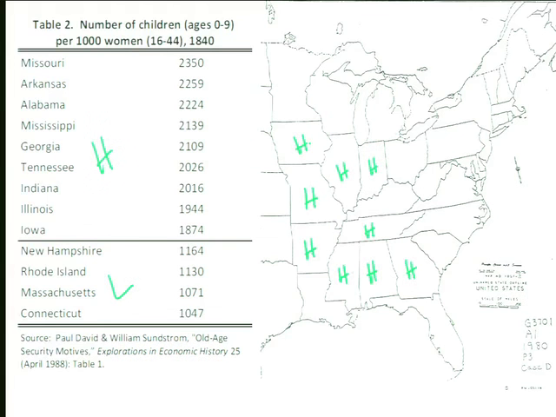So the high fertility states are in the South and also the Midwest states. Some of the states that had been part of the Northwest Territory and states that were settled subsequently. The low fertility states, and this is just a subset of their whole table, the low fertility states here are New Hampshire and Rhode Island and Massachusetts and Connecticut, the New England states. So if we just take this subset of their table and look at where the high and the low fertility states are, we see a pretty clear regional pattern. That we've got low fertility up in the New England states, we've got high fertility in the South and in the Midwest states. I took time to do it this way because I wanted you to fill in your map.